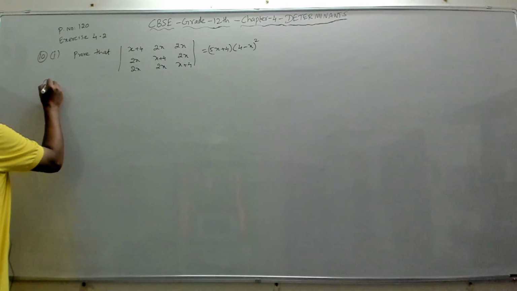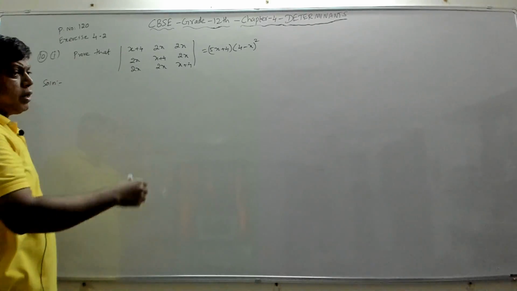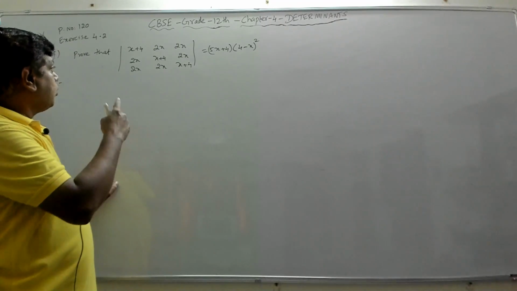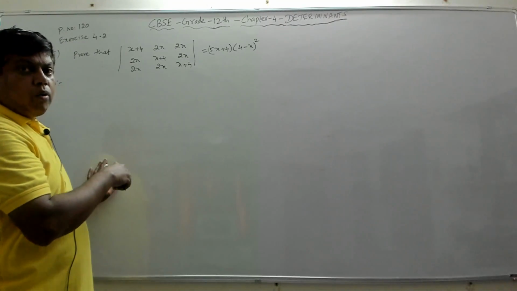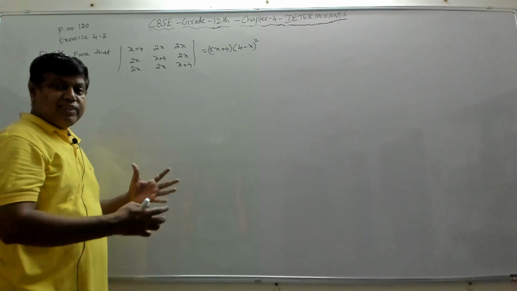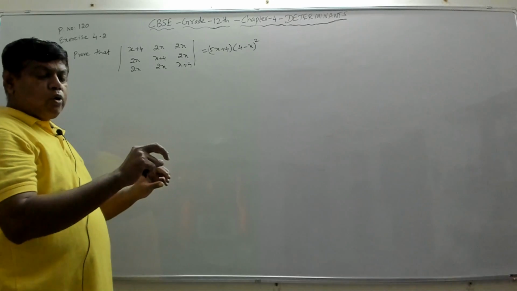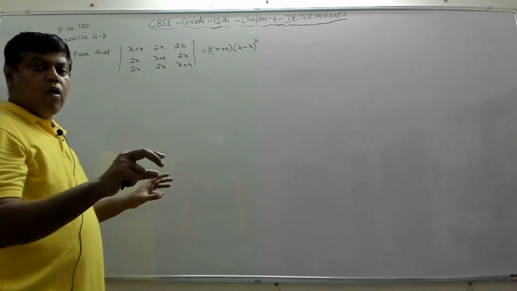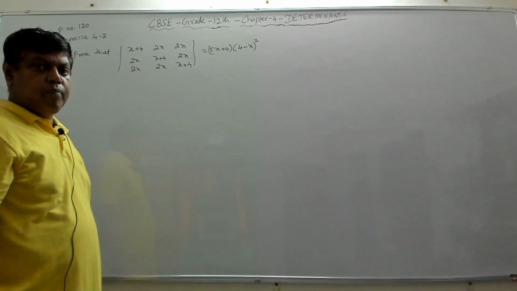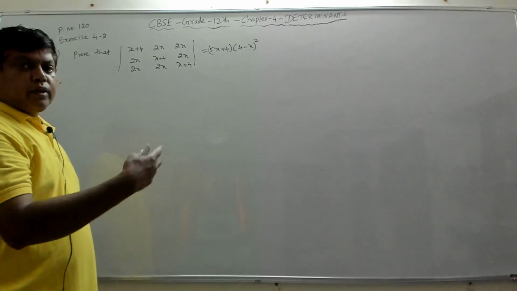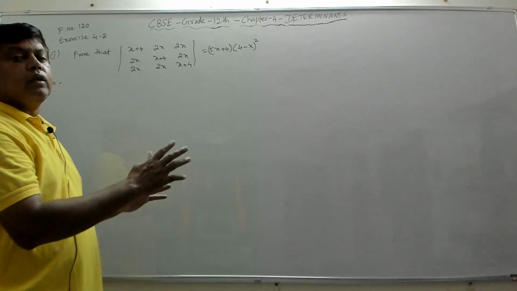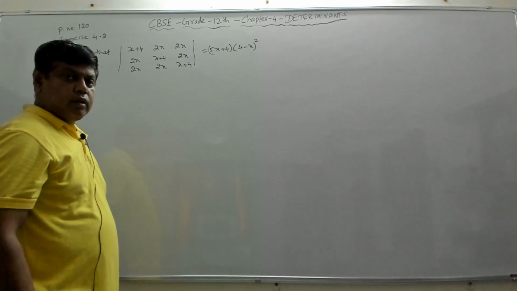So again, whenever we want to evaluate a determinant, we will check whether we can get 1, 1, 1 in any particular row or column. If not 1, 1, 1, at least can we make any particular row or column with the same elements? If a particular row or column has all the elements the same, then we can take that out of the determinant, and it will become 1, 1, 1. If not, we'll have to try other techniques, like whether we can make something 0 or simplify something else, so that the determinant can be evaluated easily.